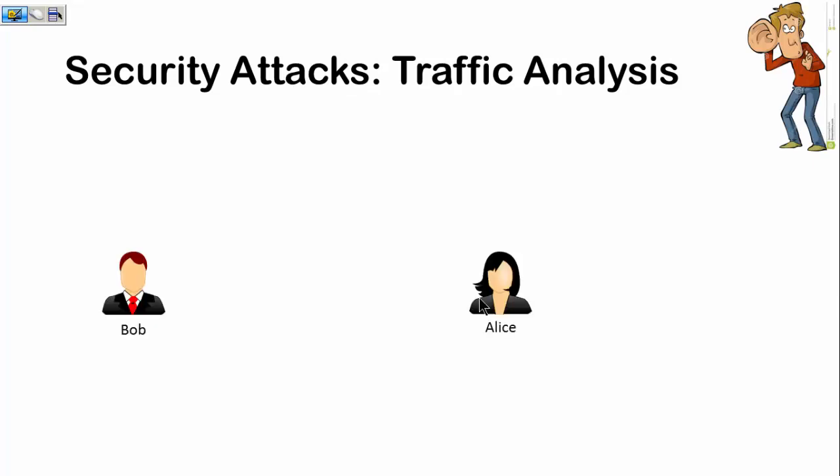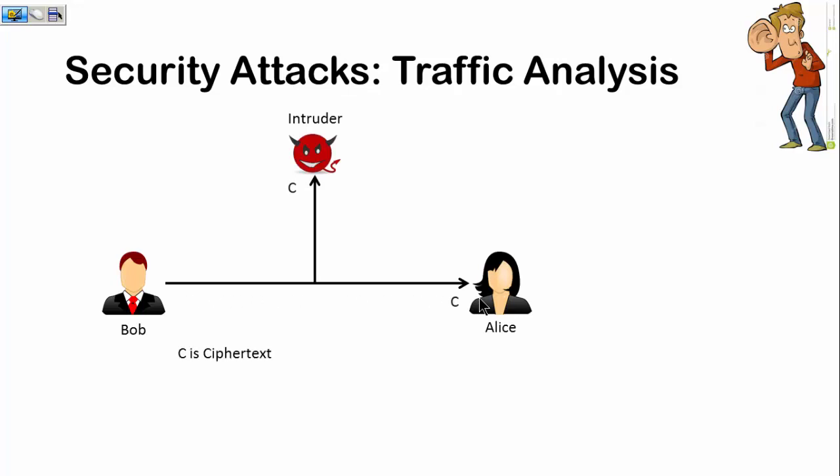in which you are trying to listen to the message. But as suggested in the previous slide, when Bob has to send a message to Alice, Bob would be sending C, that is the ciphertext. And while you are sending the ciphertext, the intruder would be listening to the transmission line and will be getting the ciphertext. This ciphertext is not intelligible because it has been derived after converting the plain text into some unintelligible format. So the intruder would be like, okay, I'm not getting any information. This is all gibberish. This is not understandable.